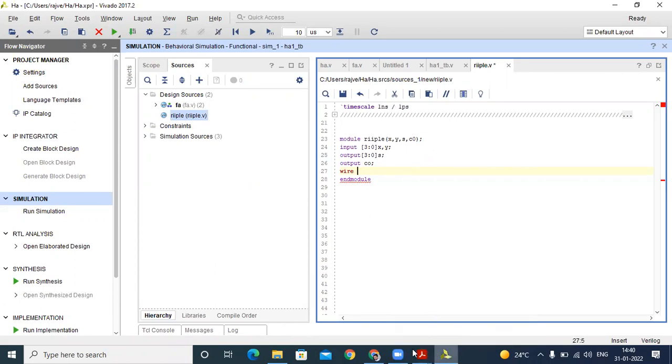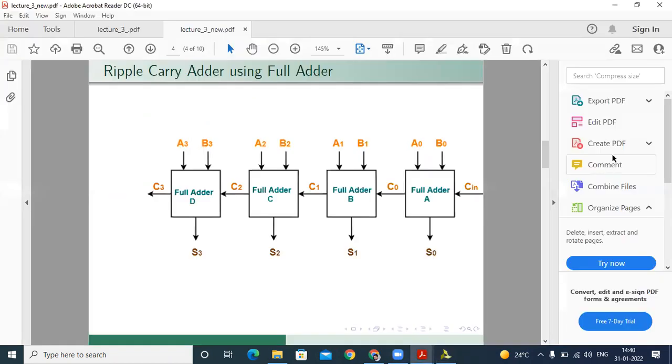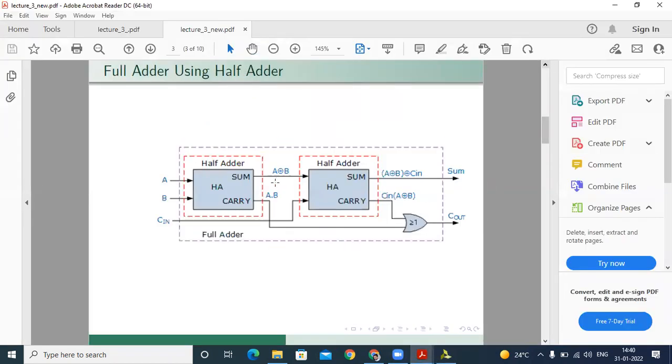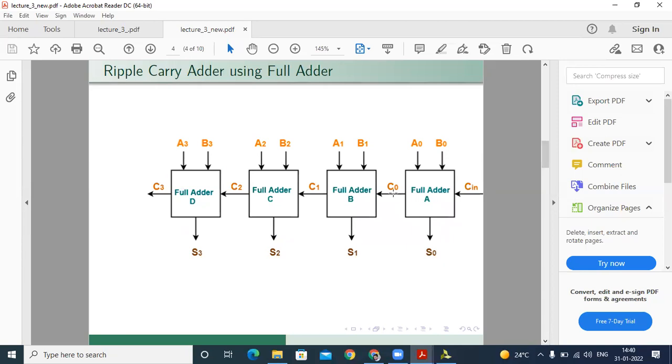This is our internal structure. In this we have W1, W2 and W3. The same thing is done here with C0, C1 and C2. This is C0, this is C1, this is C3.